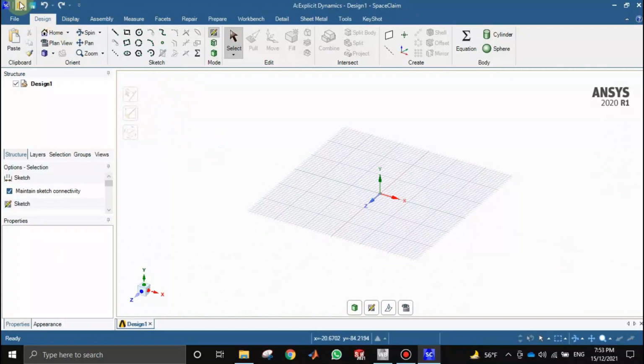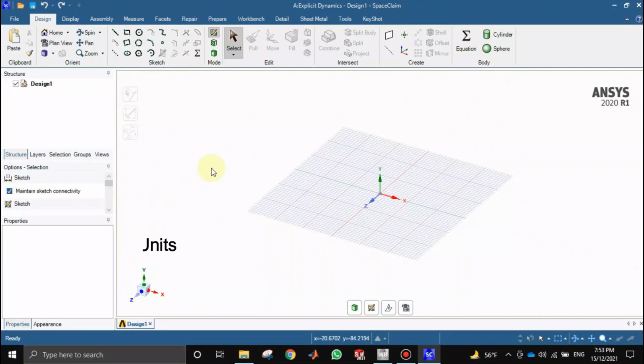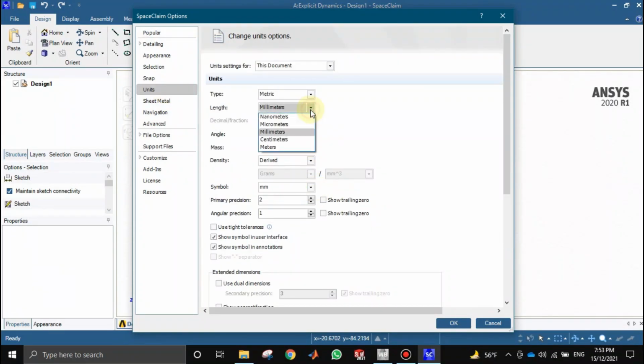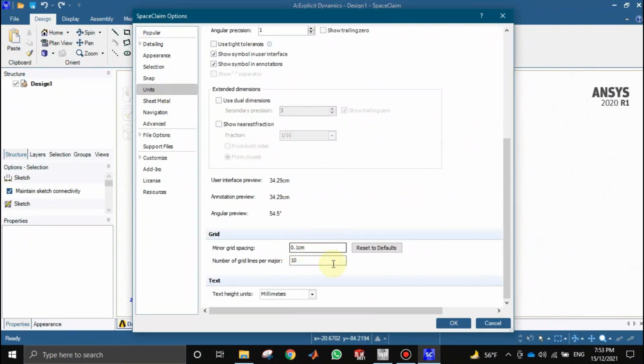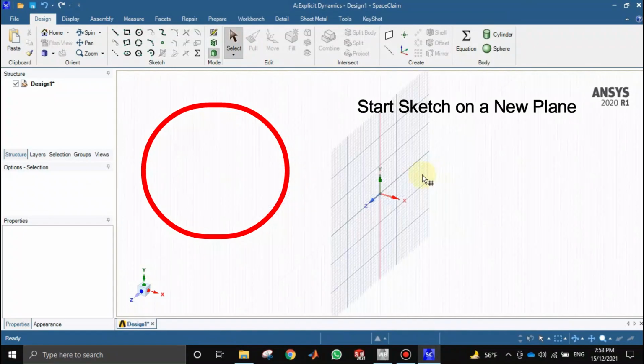Okay, so now that space plane is open, go to file, select options, then select units and set units to centimeters. And make sure you have minor grid spacing set to 0.1 centimeter and then select OK. Now right click on it and first of all,